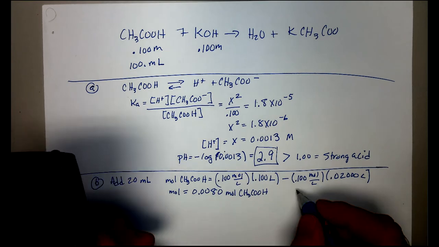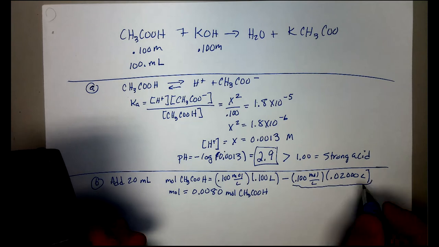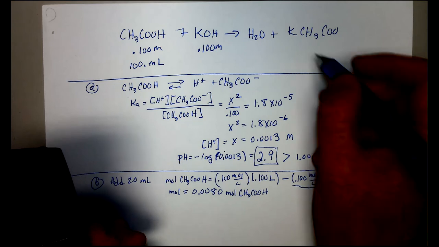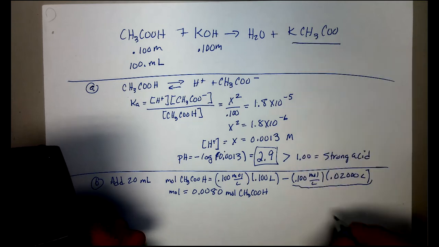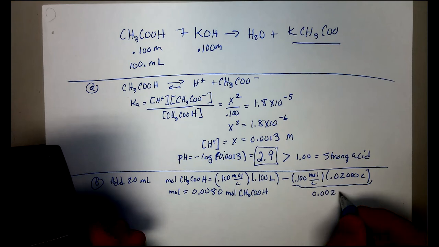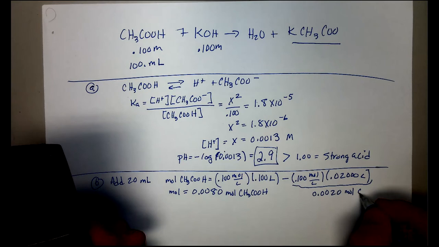Now, this is the amount of potassium hydroxide I added in moles. It is also the number of moles of our potassium acetate that is produced. And so that is 0.0020 moles. This is equal to KOH added, but it's also equal to the amount of moles of my acetate ion